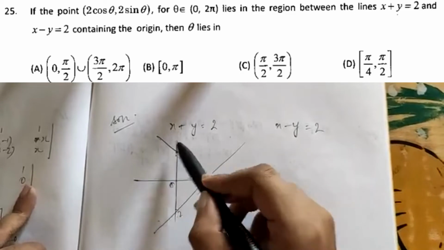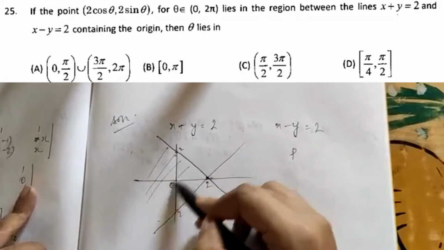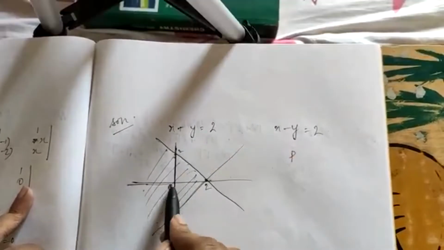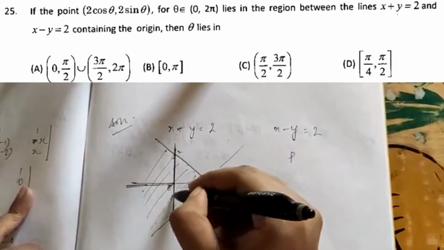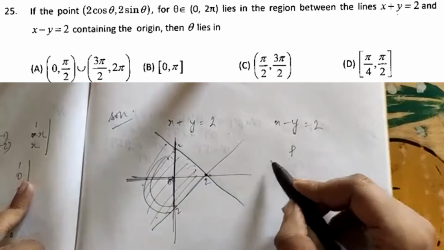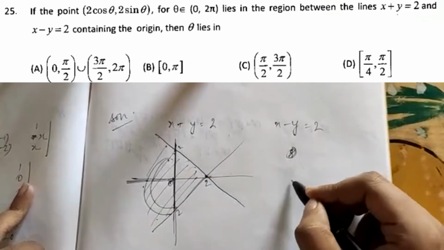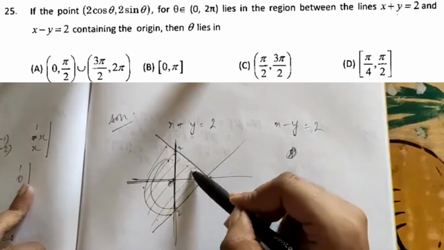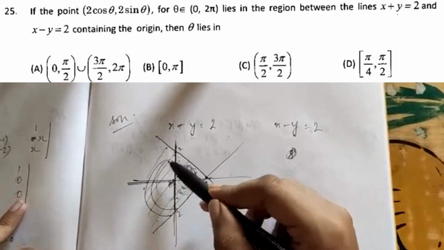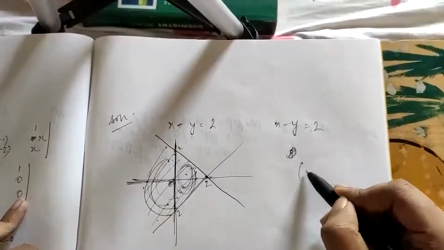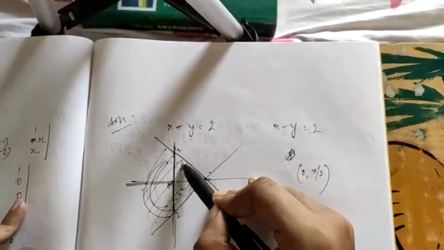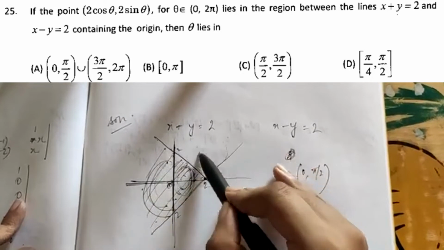So this is the origin, so the point P is lying in this, that is from pi by 2 to 3 pi by 2. This is pi by 2, this is pi, and this is 3 pi by 2. So from an option C, we can see that option C is the correct one, because it's being the subset of this, because the entire one is not given in any of the options, so we can find it from this, because we can't take this interval of 0 comma pi by 2, because this entire region of 0 to pi by 2 is not valid. Only this much is valid, but this place is not valid.